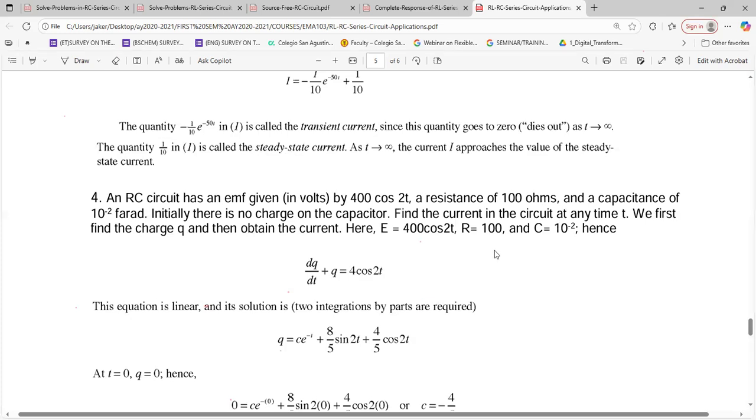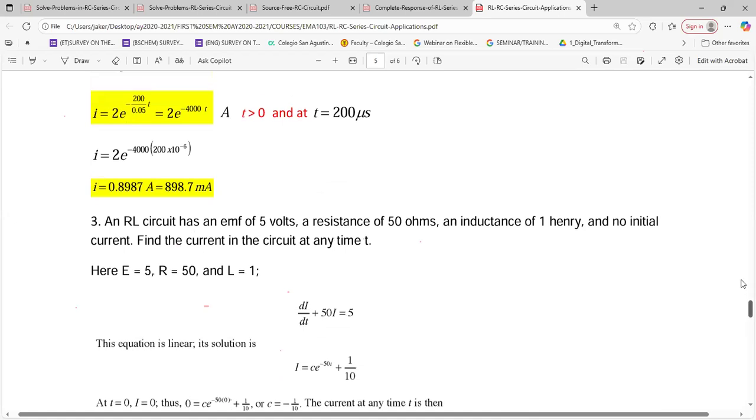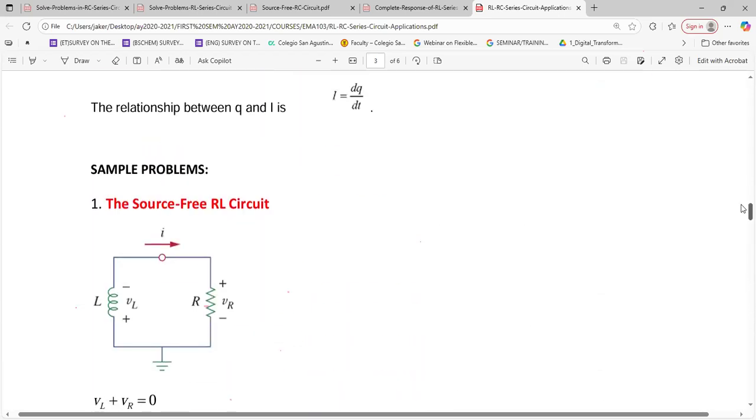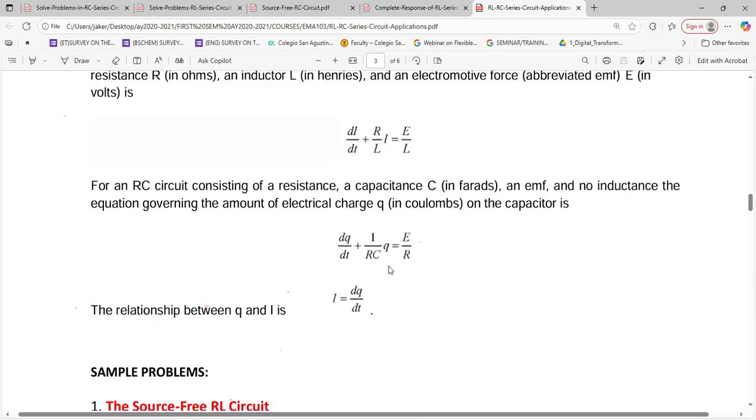Now, we don't have a ready-made DE for an RC circuit in terms of time, but the DE that we have for an RC circuit is the one that I shared to you a while ago. This one. It's not expressed in terms of current, but later on we can express it in terms of current after differentiating our solution for the DE of Q in terms of time, because your answer here will be charge in terms of time. So if you differentiate it, that would be the current already.